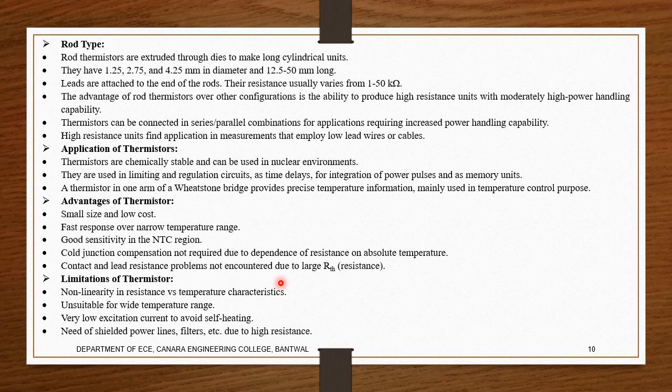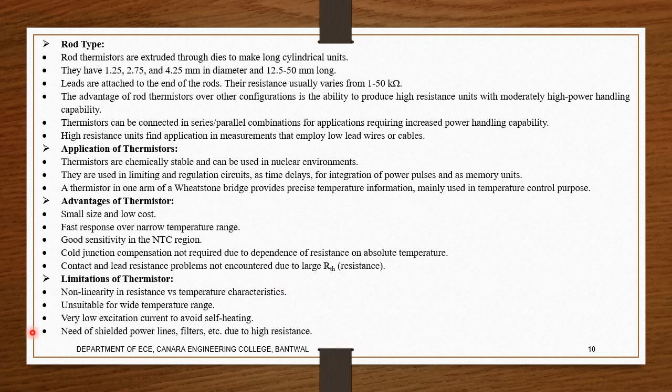Different materials have different temperature sensitivity, so that is the loss we need to consider. If we make an alloy also, some metals support it, some metals don't. That's the problem we face with this. So when we go for a wide temperature range, we have to think twice before implementing thermistors.